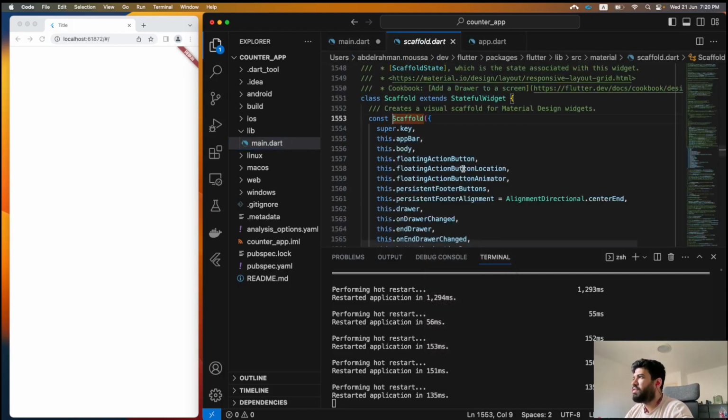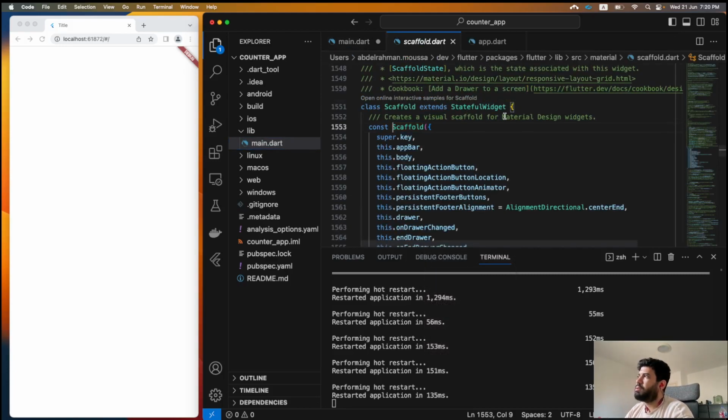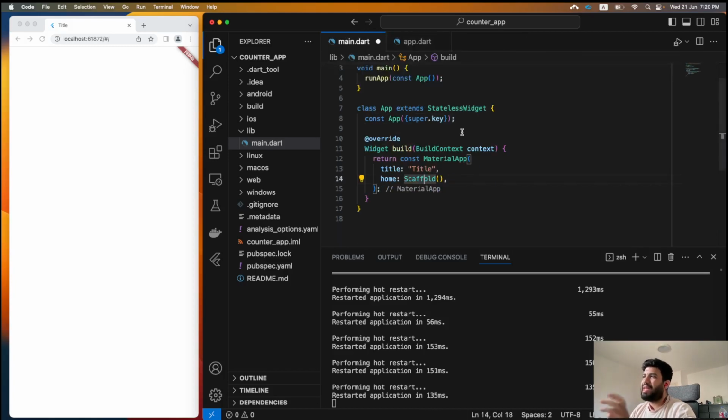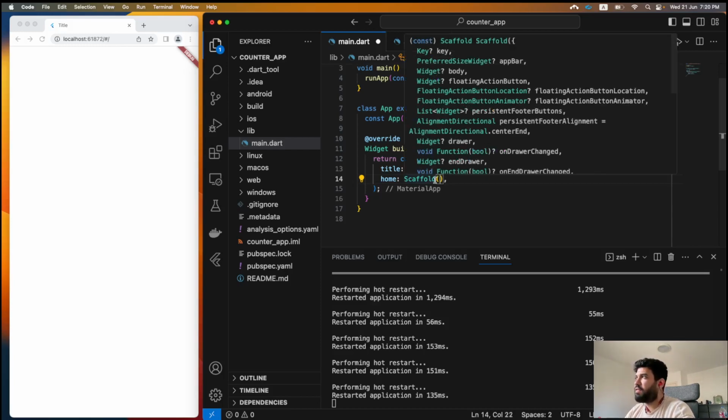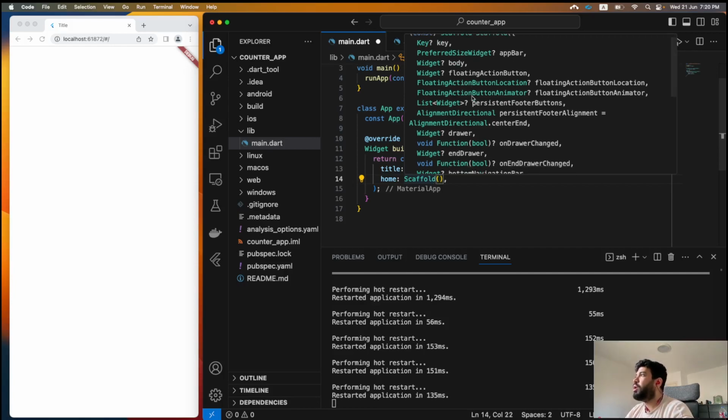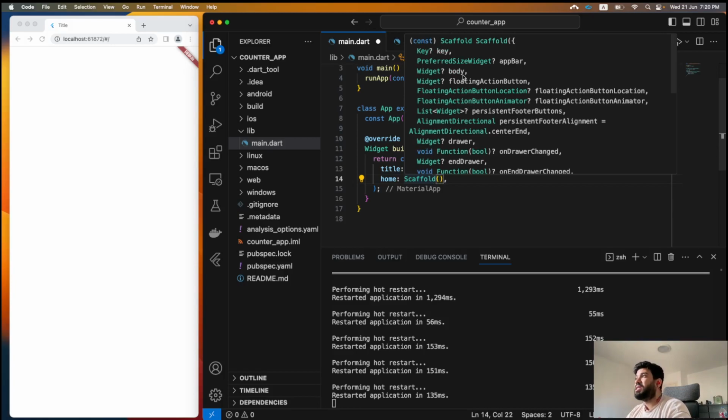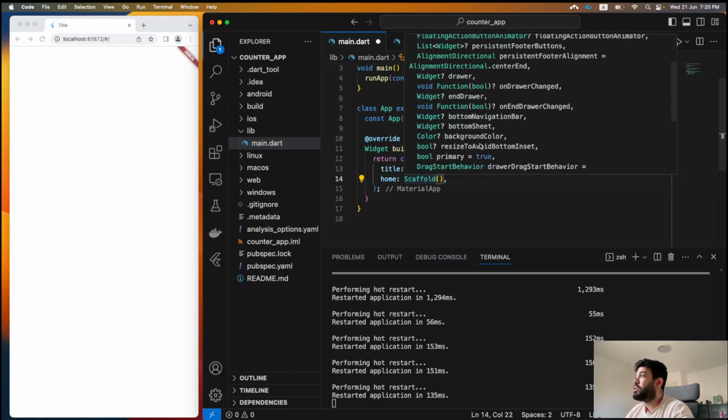Let's see. Go to definition and you can see, no wonder, it's just a stateful widget. It's just a name for something that we know. And inside the stateful widget, definitely you will find the widget. So here is the scaffold, and this is a constructor of the scaffold, and I don't know what the things are, so I'm going to hover, and there is something called body, and I'm just going to cheat a bit